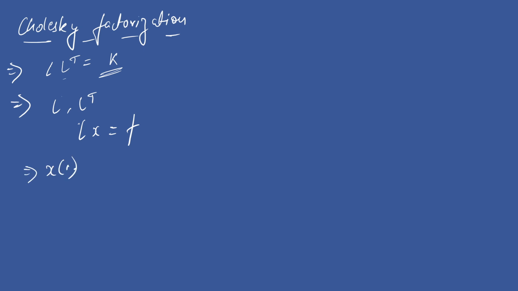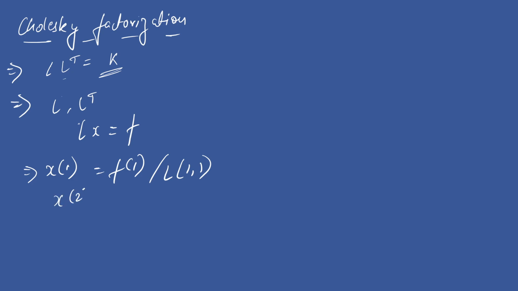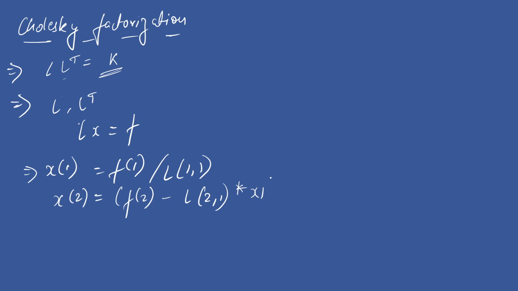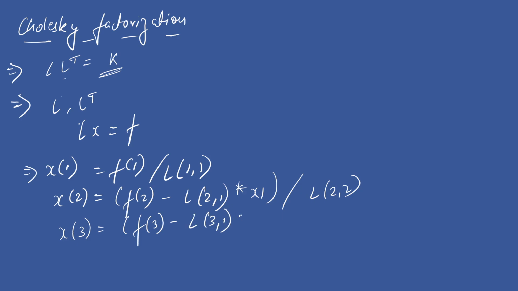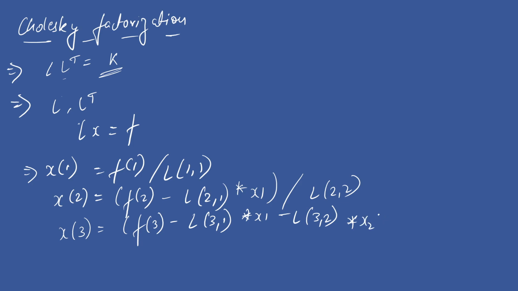So your first element is given by f1 by L of 1 comma 1, then x2 is f of 2 minus L of 2 comma 1 multiplied with x1, divided by L2 comma 2, then your x3 is given by f of 3 minus L of 3 comma 1 into x1 minus L of 3 comma 2 into x2, divided by L3 comma 3, then we'll have x4